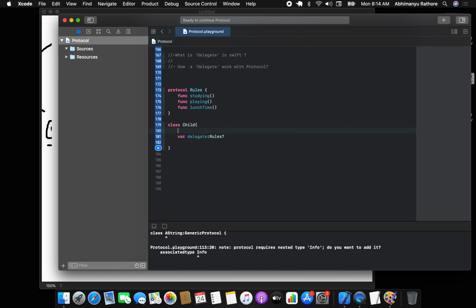That delegate needs to represent himself for his father with the delegate, right? And now studying, playing, and lunchtime, I need to inform my father when I will be in the school. Then this child is saying I'll create the delegate and I'll give this delegation information to my dad, right? So what I'll do,